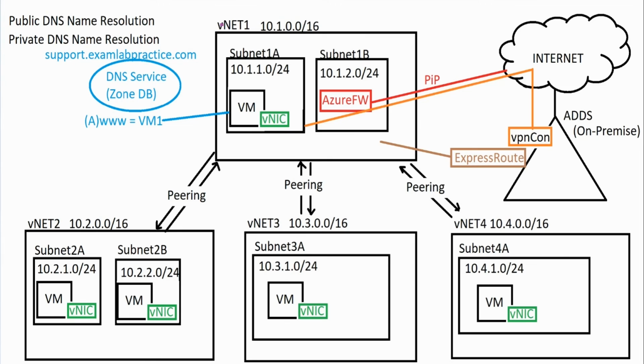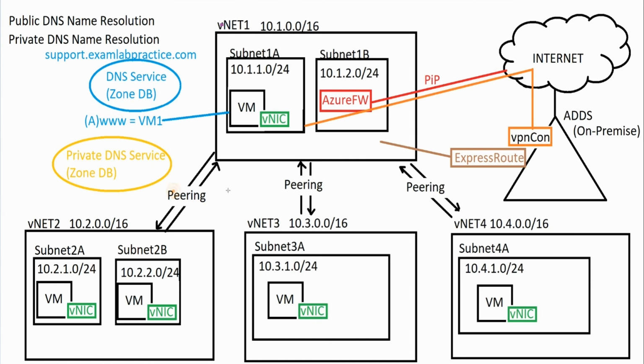And let's say for private, maybe the idea with private is I'm going to host a zone that's just private to Azure. It's not publicly accessible from the internet, and maybe I want each one of these VMs to refer to it. So I could create a DNS service, basically a private DNS service, which is going to be a zone database just like the public one, but it's going to be a private zone,